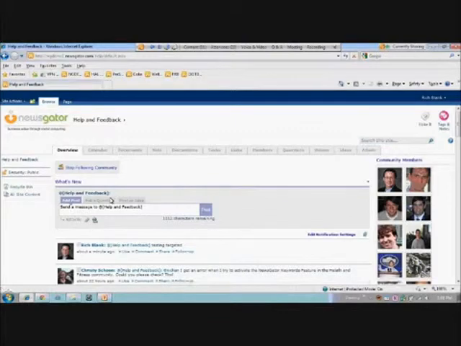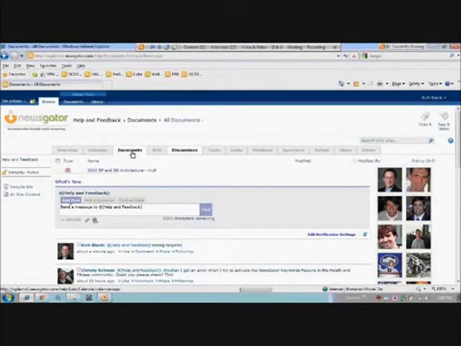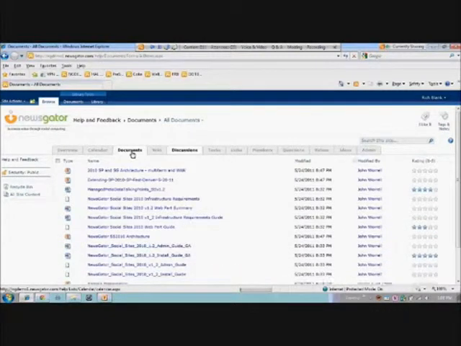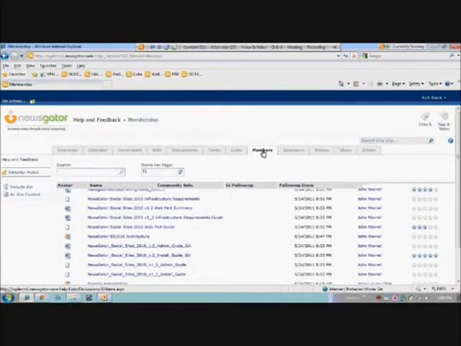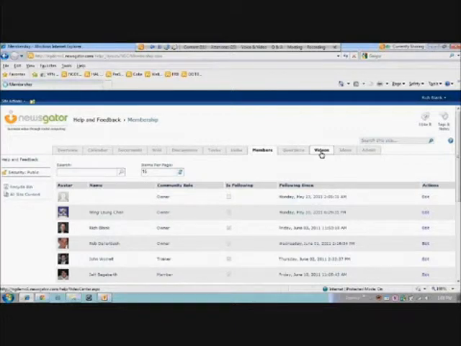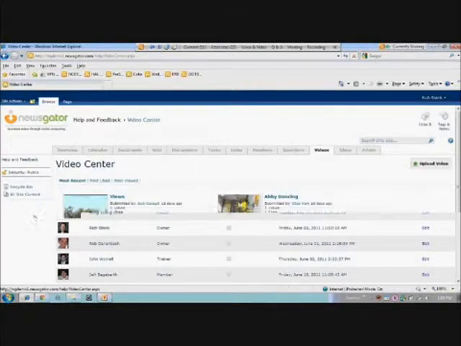And under the covers, obviously, this is pretty standard out of the box, but if I was to click on calendar, this is a SharePoint calendar. If I was to click on Documents, this is a SharePoint document library. And you're leveraging effectively all the collaborative features of SharePoint, but we're kind of socializing these sites and turning it into a community. We do provide some additional features around, for example, embedding videos in here.